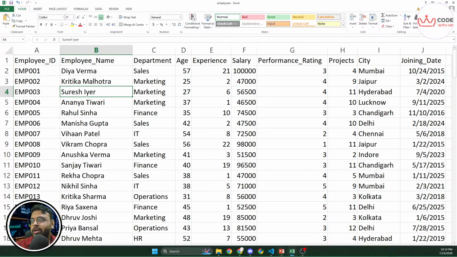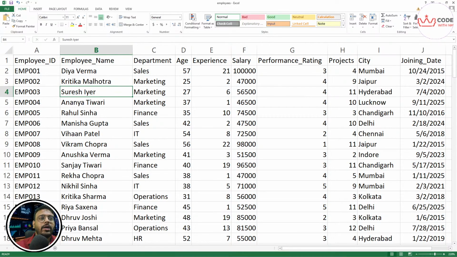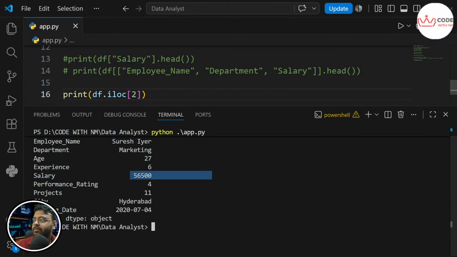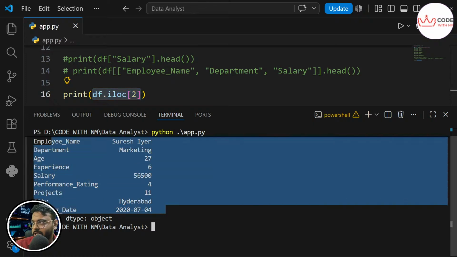In my code, I told df.iloc to grab all the details of the second index employee, so it got us all the details of the employee at position 2. For our case it's the third one, but indexing starts from 0, that's why we need to give it in that way. This is easy, I've already explained it.